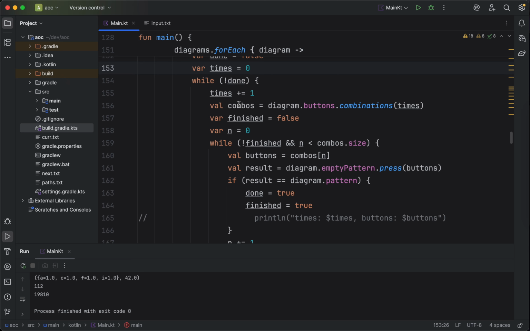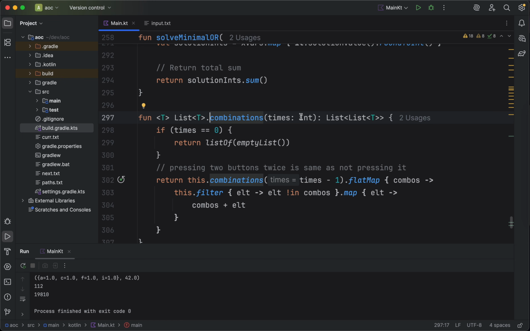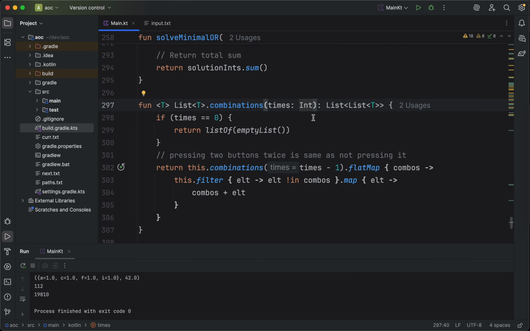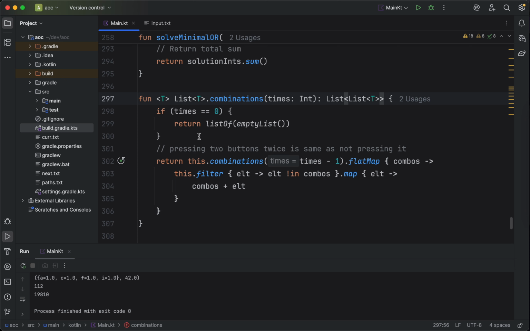So then I look at, given this list of buttons, which is a list of int, give me the combinations that are of size times, and basically this gives me, based on the list of whatever this is, the t, so it's a list of int. Gives me a few lists of int where I have all the combinations of,